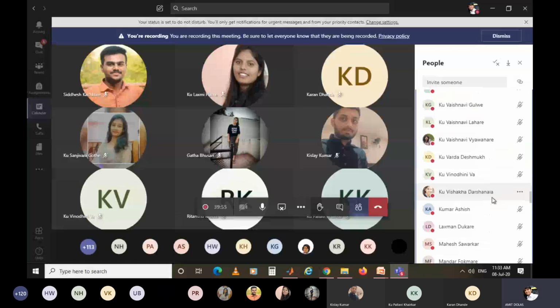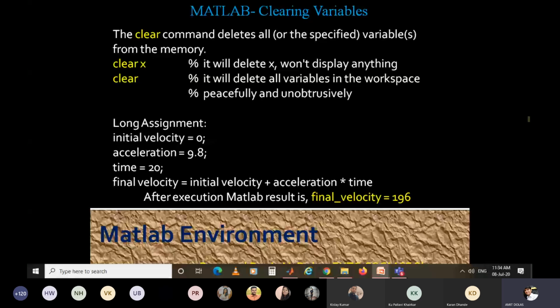Okay, so we'll move back to the certain variables: how to add a variable, what the system defined variables are, how to say no variable if you forgot that, and how to get more information about a variable. Now the next topic is MATLAB clearing variables. The clear command deletes all or the specified variables from the memory. So you can either clear a specific variable by giving the command clear x, or you can use clear, which will delete all variables in the workspace